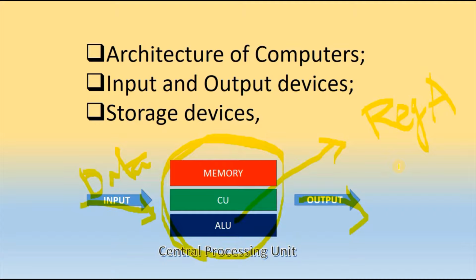So this is the CU, that means the control unit, and it is the manager of the computer. And the central processing unit is the brain, sometimes called the brain of the computer, that means like a processor, and it is also called the heart of the computer, and the CU is the manager of the computer. Okay, let's go to the next slide.